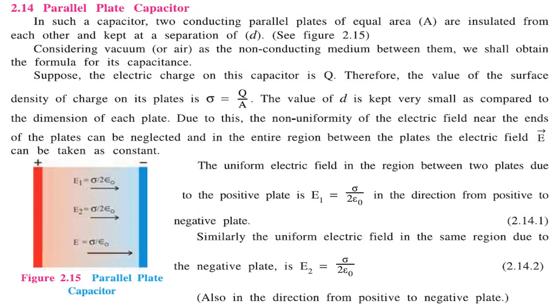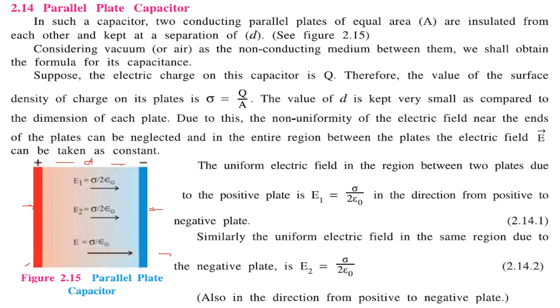Parallel plate capacitor. These are two plates which are placed parallel to one another. So in this type of capacitor, there are two conducting parallel plates, say this one and this one, of equal area, and they are insulated from each other, and they are at a distance of d